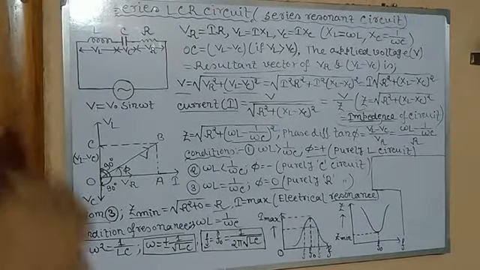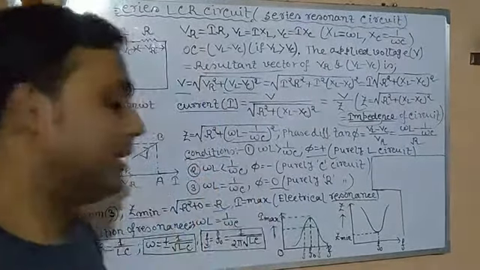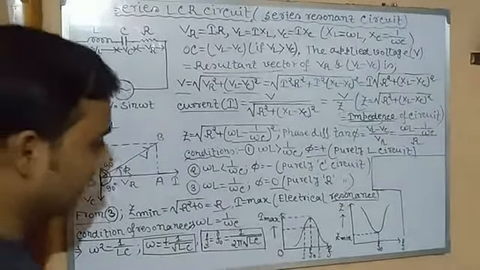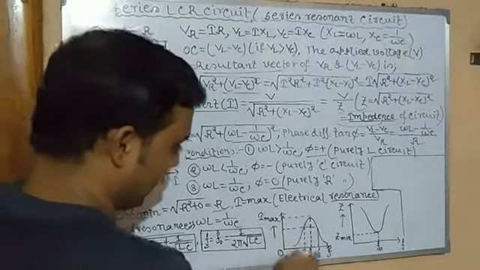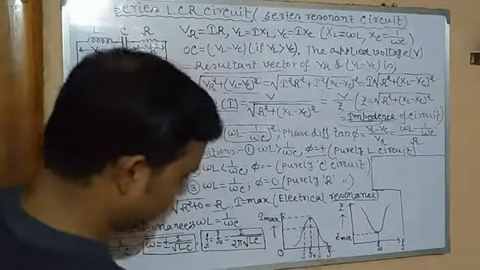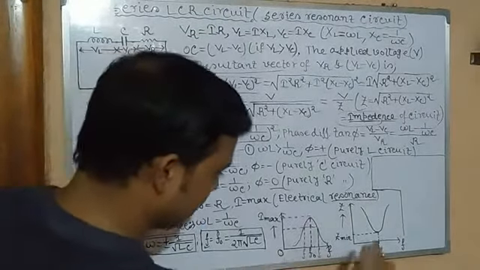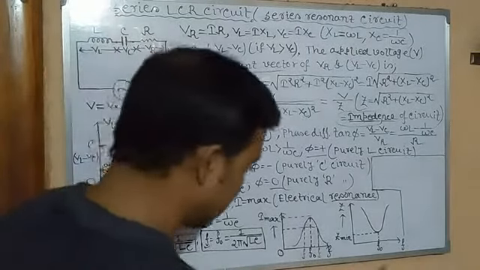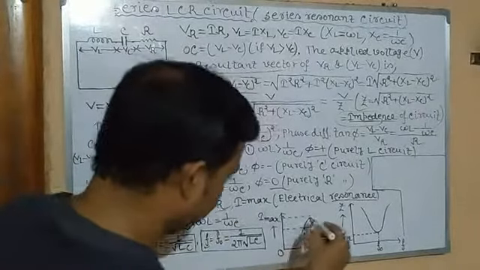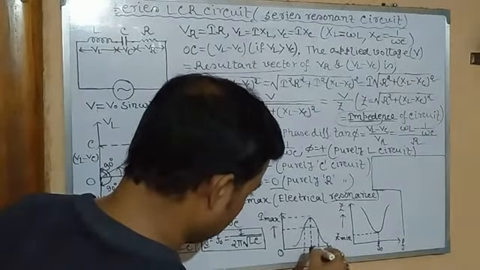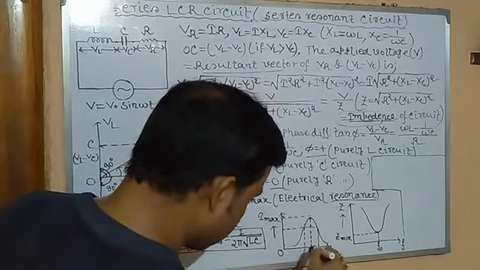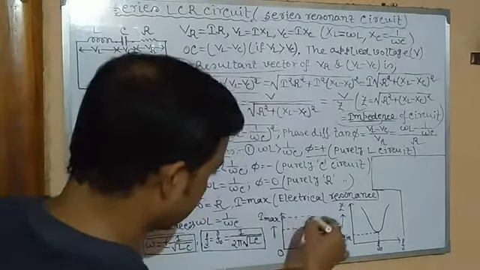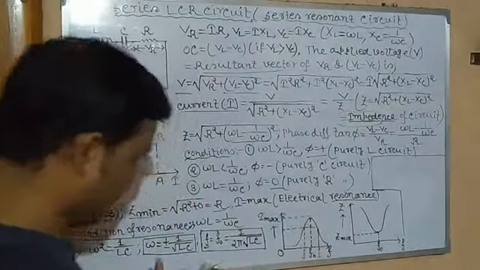And we all know that in the case of resonance, a loud sound is heard. But here current is maximum. Now we will see the graph between current and frequency, and impedance and frequency. You can see frequencies are plotted along the x-axis and current along the y-axis. In this graph you can clearly see F0. So this is F and this is F0. When F equals F0, you can see the peak of the current, I maximum.